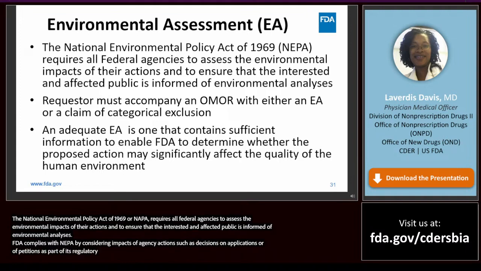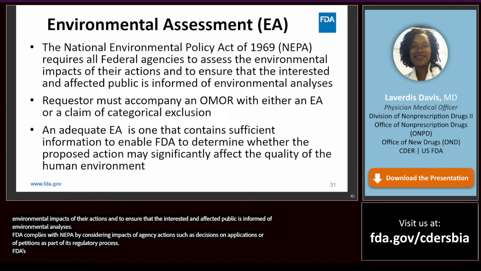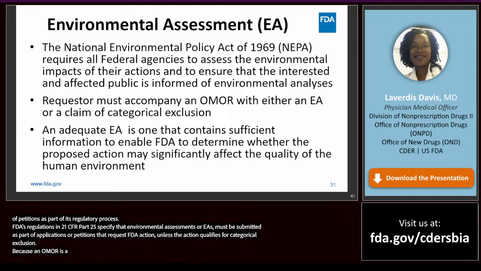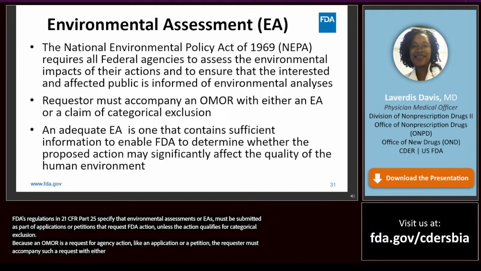FDA's regulations in 21 CFR Part 25 specify that environmental assessments, or EAs, must be submitted as part of applications or petitions that request FDA action, unless the action qualifies for categorical exclusion. Because an OMOR is a request for agency action, like an application or petition, the requester must accompany such a request with either an EA or a claim of categorical exclusion.